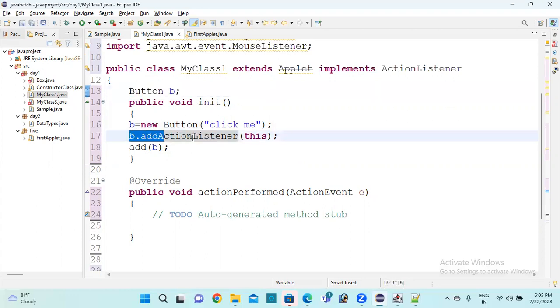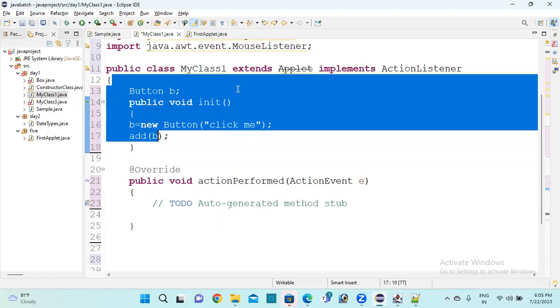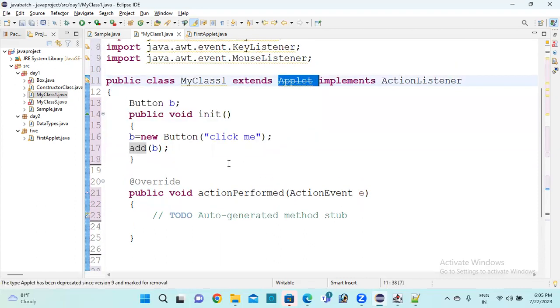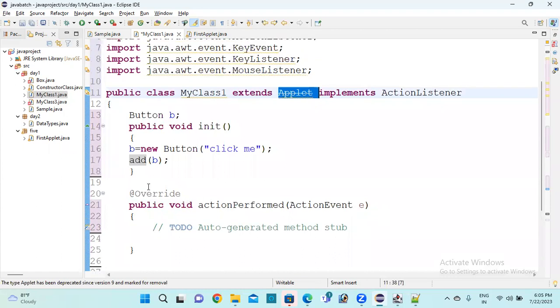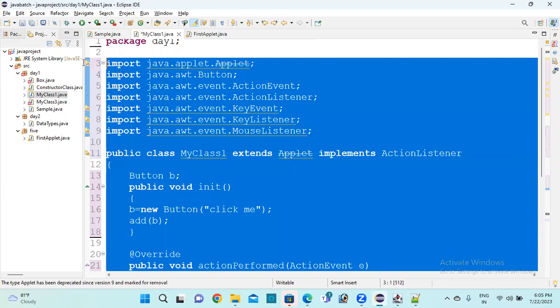Suppose I have not written this, consider if I have not written this, add of B. Add of B means this particular button will be added to your applet, and some action should be performed. So let us see. First of all, I'm going to copy this in